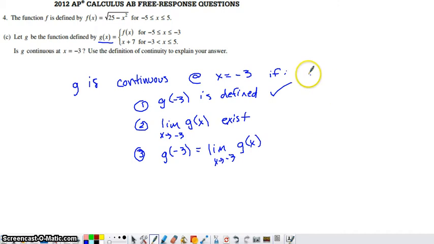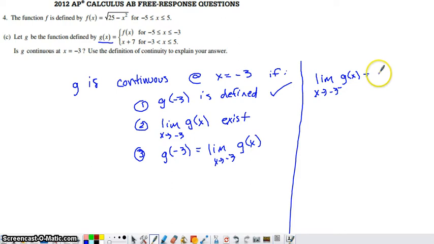So for this limit, I'll try to work this out over here. I said a minute ago that we're going to have to break this up into one-sided limits. On the smaller side of -3, this limit is going to correspond to f of -3. Values on the smaller side of -3 would be within this interval. On the smaller side of -3, here's the definition of g. So to figure out what this limit is, we would just put -3 in place of that x, and f of -3, we actually found this in part B. If you put -3 there and simplify,